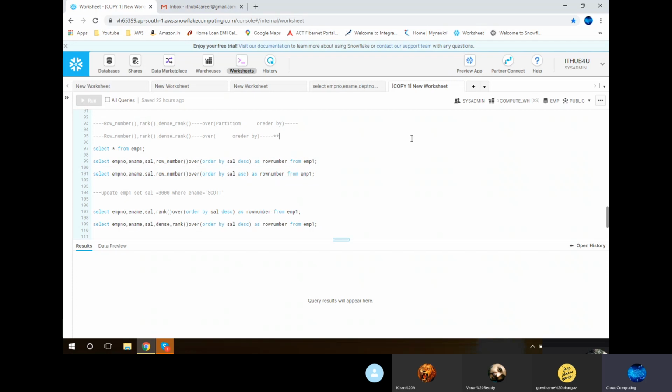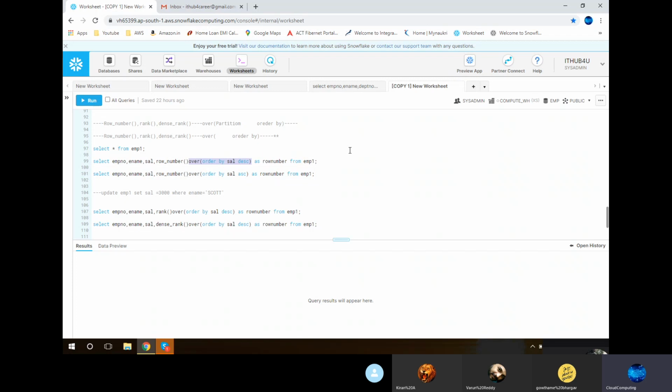Those two are mandatory. So if you see here, what is the part I have written? Over clause, order by clause. We have to remember this simply. We are giving row numbers, we are giving ranks, we are giving dense ranks. Whenever we are giving row number, rank or dense rank, on top of which column we are giving it,